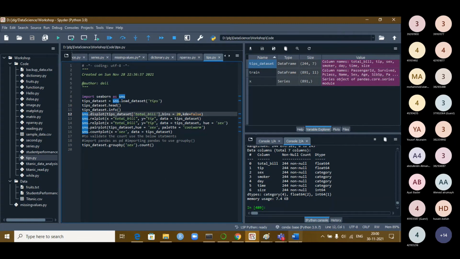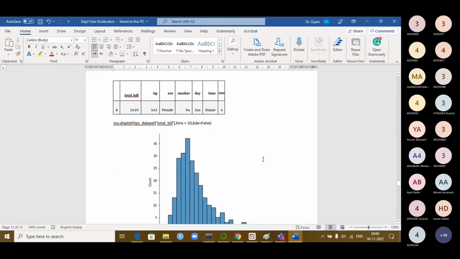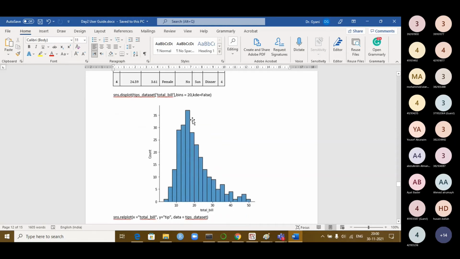Okay. Now let us try to do what is the assumption we are trying to get here. What the value we are getting from this data? Let us try to look at now. We are trying to draw a graph. This is a distribution of the plot. Distribution plot it is called as. It looks like a histogram. Tips data set on the total bill. I'm trying to draw it. Bins equal to 20 and KDE equal to false. These are some default parameters which are available here.